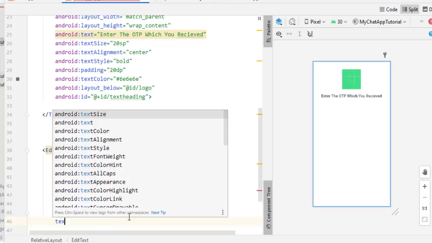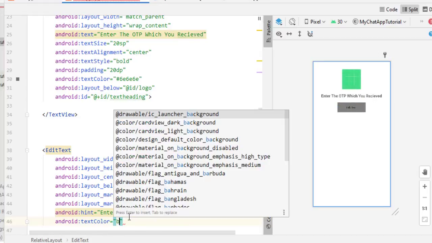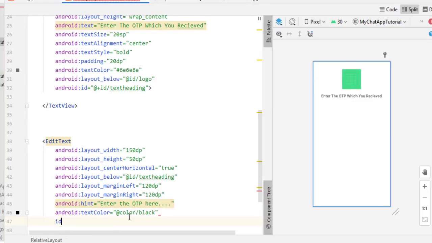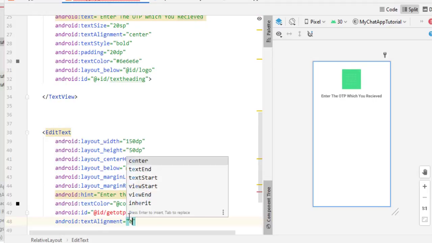Now after this you have to set the text color. So you can set any text color. I set the black color, type here black color. This is done. Now we have to type here and give any ID. So I simply type here ID and I give the ID name get OTP. So this is done. Now we have to simply set the text alignment center,